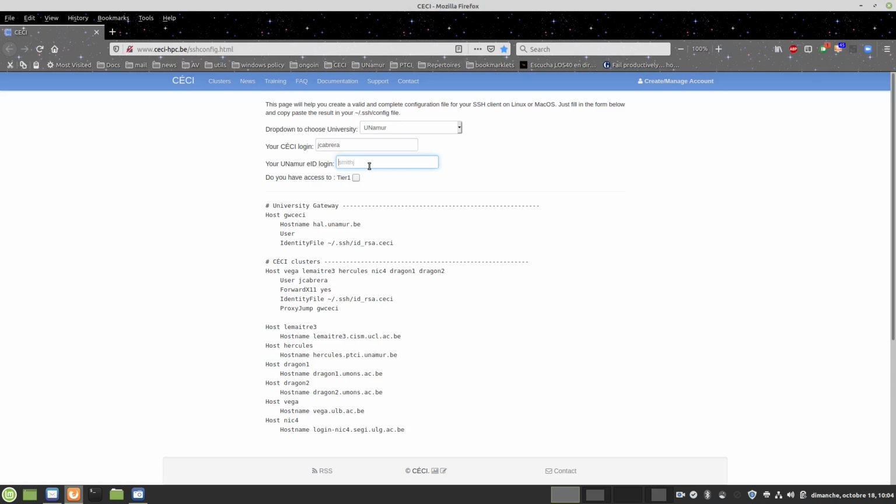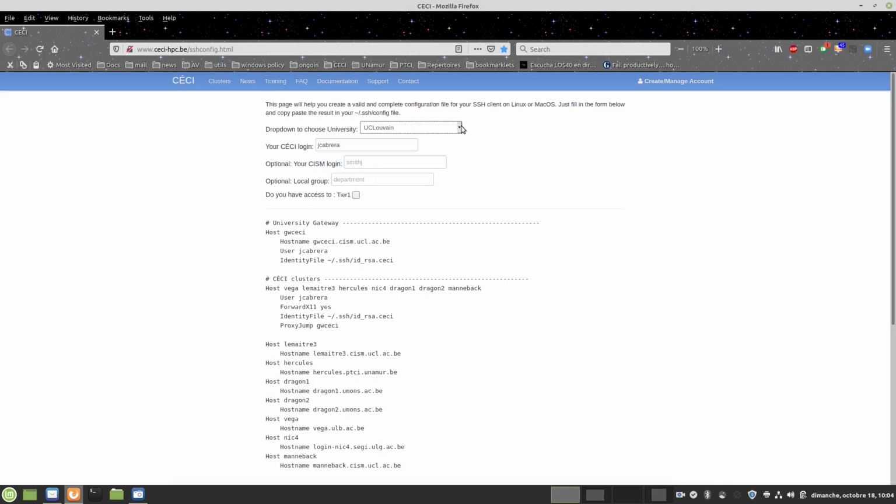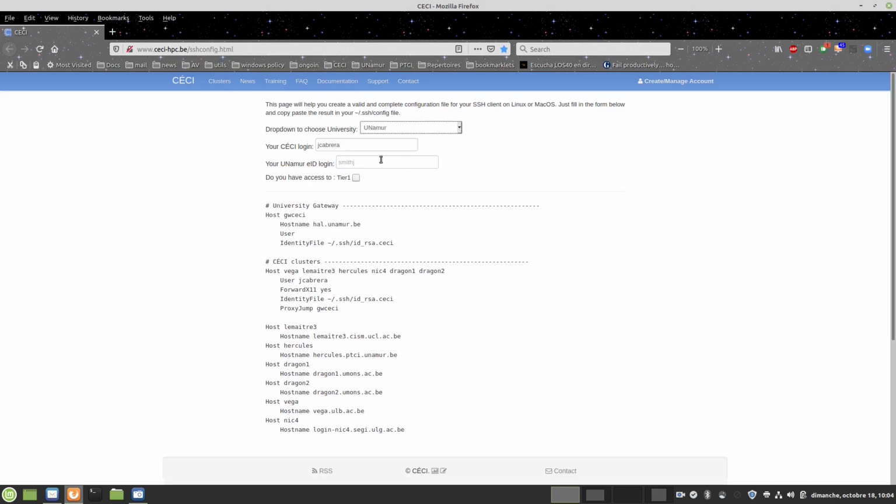This should be, in the case of UNAMUR, your UNAMUR AID. For other universities, you will get different fields to fill. Check the Tier 1 option if you have Tier 1 access. If you don't know, don't tick it.